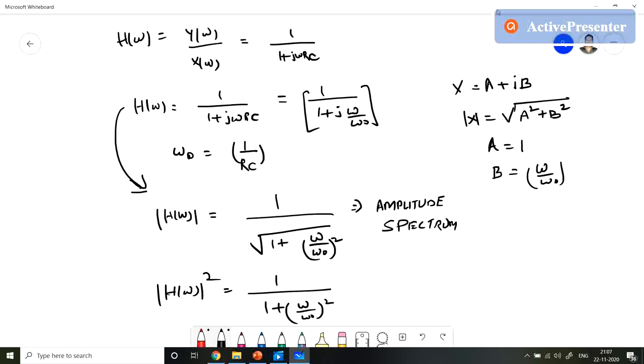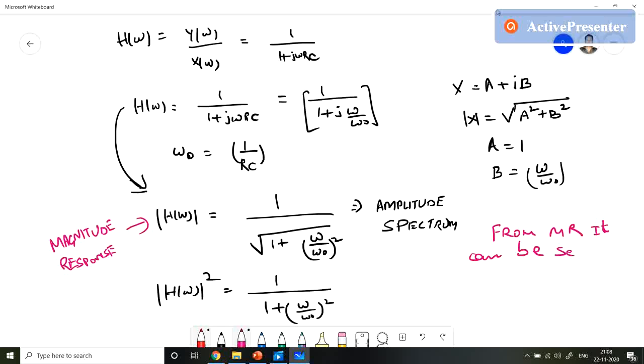So from the magnitude response, this is also called the magnitude response, it can be seen that